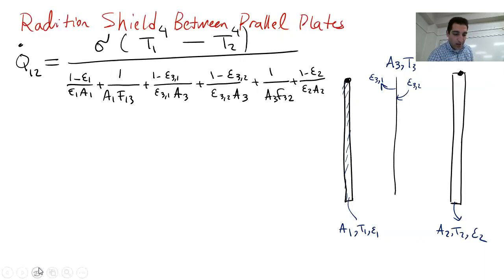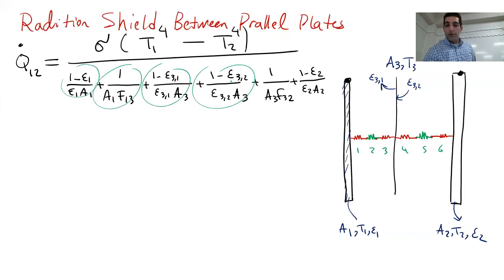So if I'm going to show it, I have this. This is one resistance because of the surface. This is another resistance because of the surface. This is one resistance because of the surface. This is another resistance because of this surface. And with a different color, I'm going to show the mu factor resistance between each two as well. Right? 1, 2, 3, 4, 5, 6. Now,